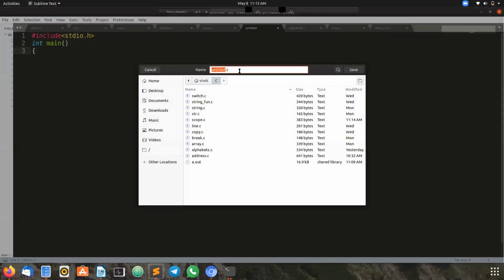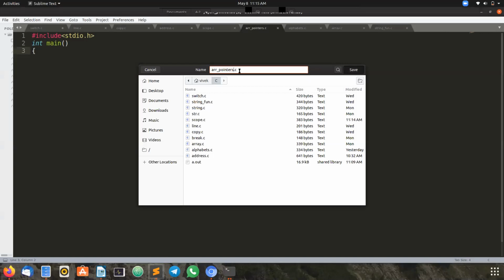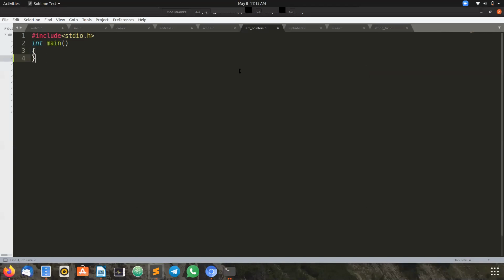Next I want to tell you about, we have seen strings in the previous classes. Strings are nothing but a sequence of characters, that means it is simply an array. So now, how do pointers play a key role in arrays? Let's see that. Let me take one integer array and one character array.